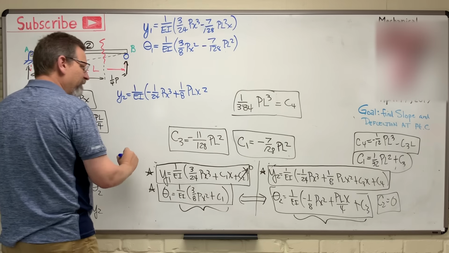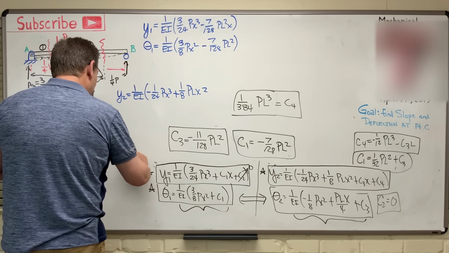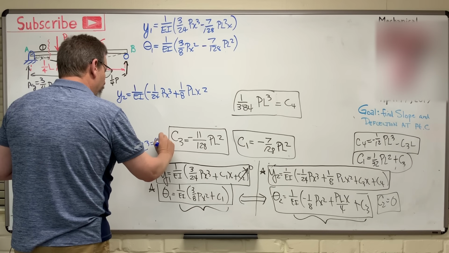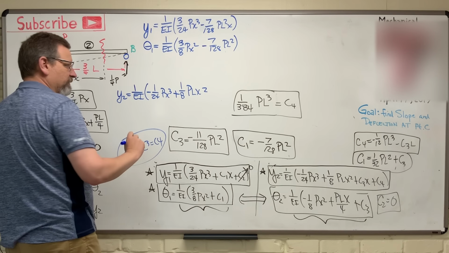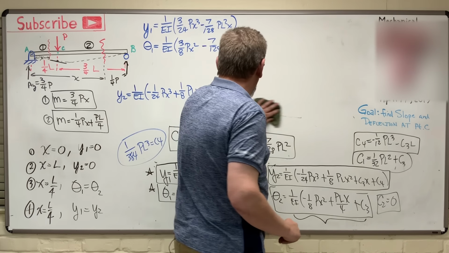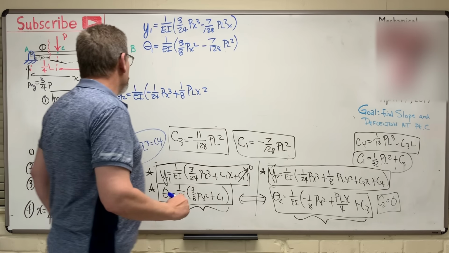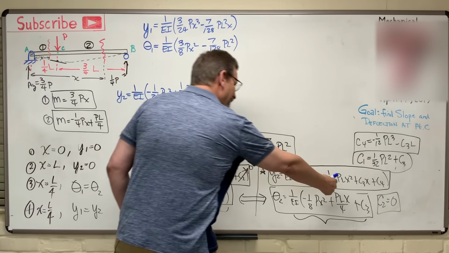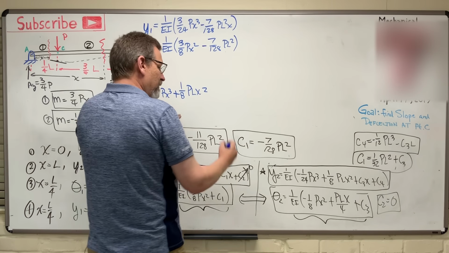I'm moving that again. 1 over 384 PL cubed equals C4. I might need it in a second, but right now I need this space. Okay, there we go, PX squared, right there, PLX squared plus